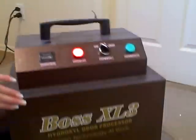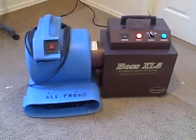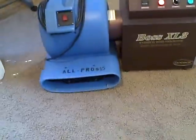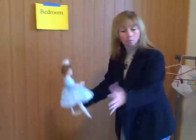And this is the machine that we used right here. This is the Boss XL3. We have it hooked up to our air mover. We put all of these dolls and clothes in a bedroom. And why did you hook it up to the air mover? Oh, we hook it up to the air mover, and we'll actually do another video on this machine in particular setup, but you have to hook it up to the air mover so that it moves the hydroxyl throughout the air, okay? So what we did was we laid all these dolls out on the bed, and we turned it